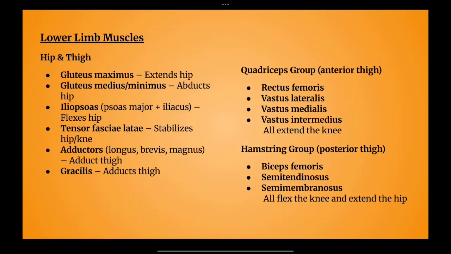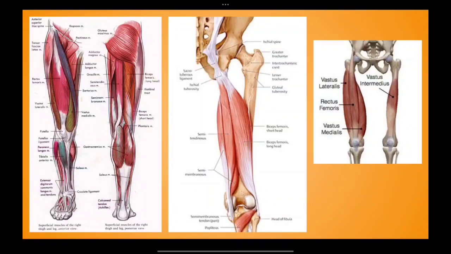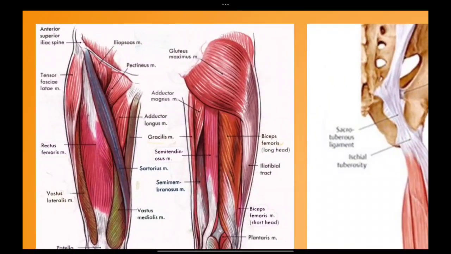Lower limb muscles, you can divide the lower limbs as hip and thigh, quadriceps muscles and hamstring group, followed by leg and foot muscles as well. So firstly we'll see hip and thigh. So in the hip and the thigh region, you can see the major muscle, which is gluteus maximus, which is